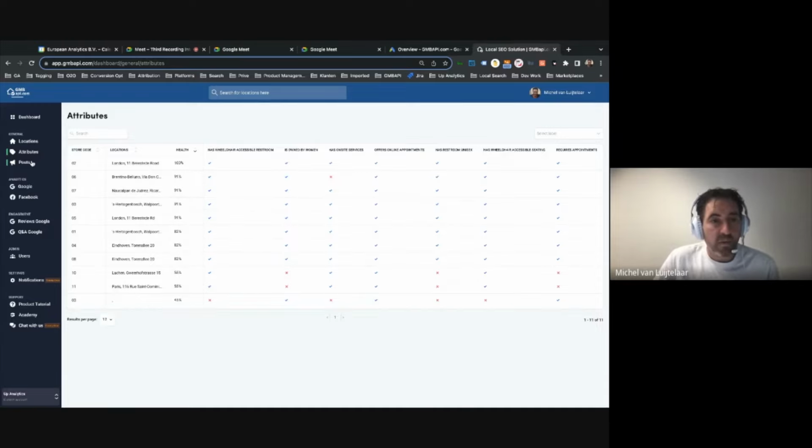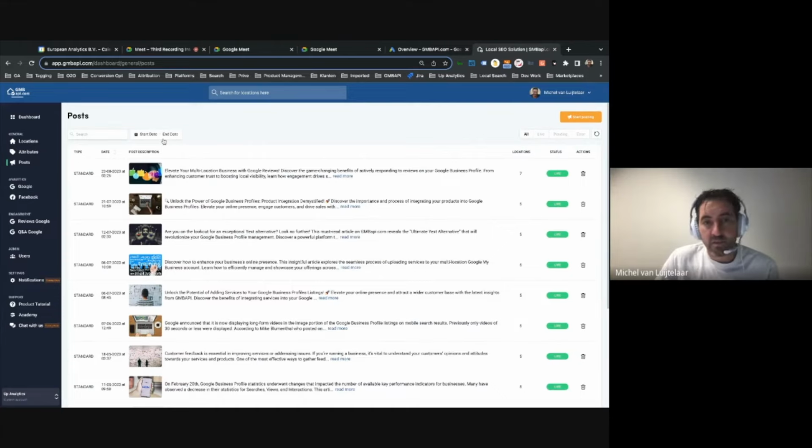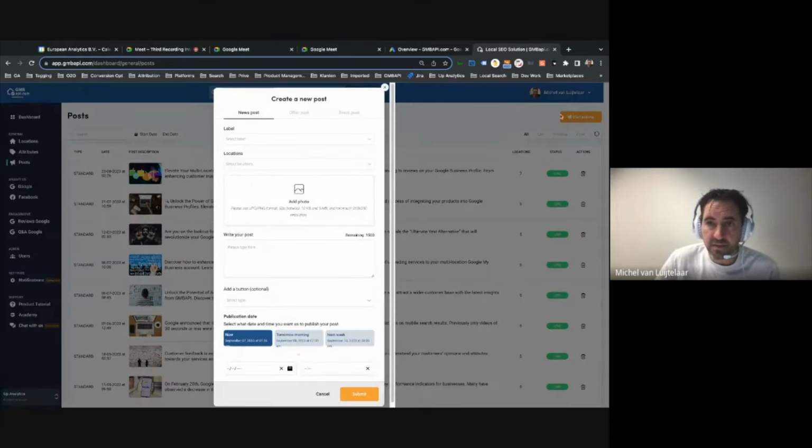Now, one of the big advantages of our tool is that it is super easy to post. You can post content clicking on the Start Posting button, selecting your label. So if I select the label GMBapi, I then get all of the locations that are labeled up as GMBapi. You can add a photo, potentially write a post,